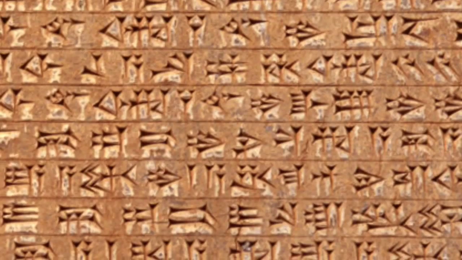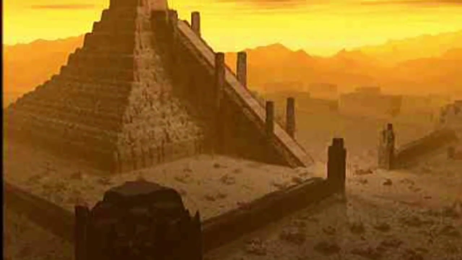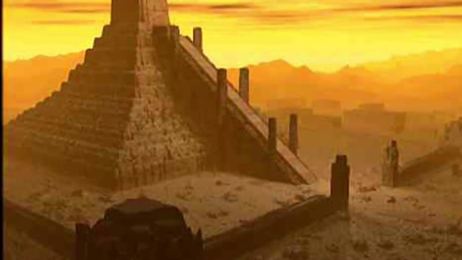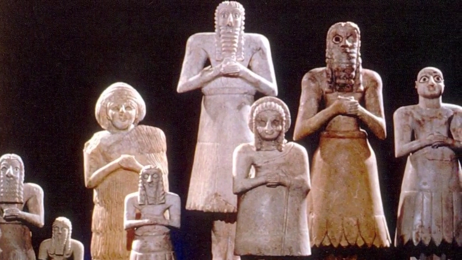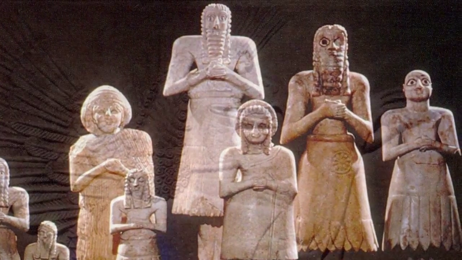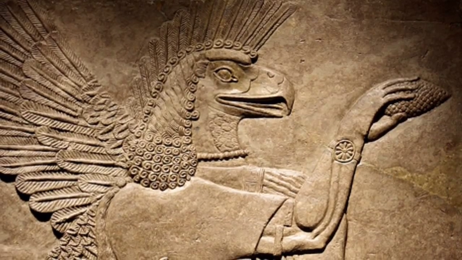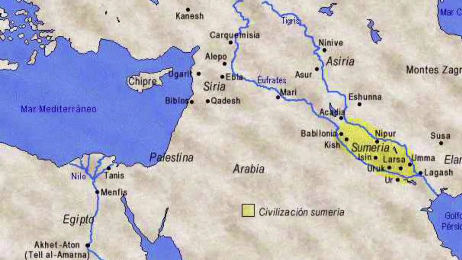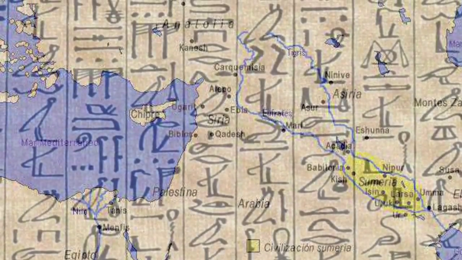Cuneiform was written on clay tablets, which was easy to get. All you needed was some clay from near a river and shape it into a pancake. Cuneiform allowed the Sumerians to keep record of how many sheep and goats they had, how much grain each person had grown, and how much of everything was given to the gods. And like all other languages, cuneiform writing evolved over time.